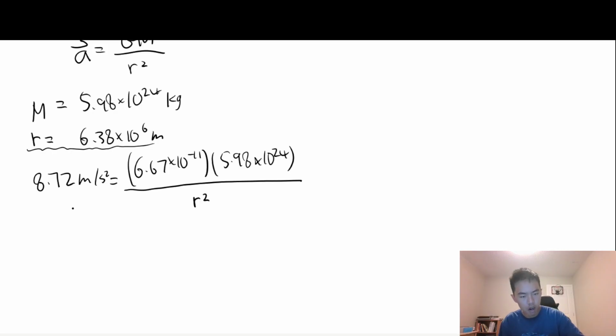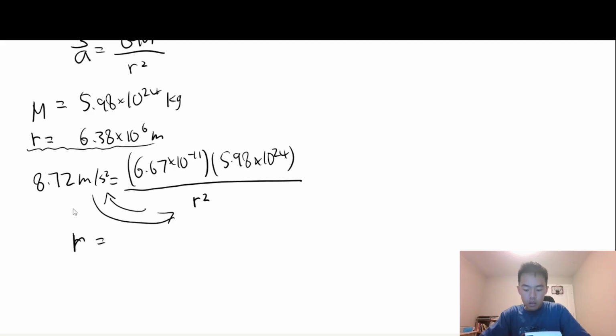So let's just solve for r squared right now. R, I mean. So we do the old switcheroo. We do this over here, do this over here, and we do a little square root sign. Let's see what we get. Negative 11 times 5.98 e24 divided by 8.72, square root that, giving us